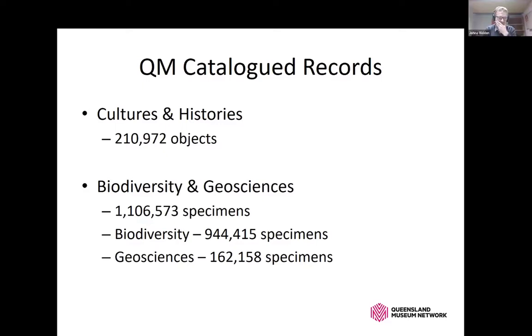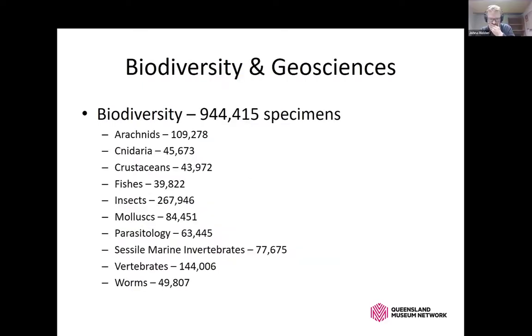So we're primarily interested in drilling down into those ones in this talk today, 900,000 biodiversity and 162,000 in geosciences. This is a breakdown of those particular specimens in biodiversity. So we have insects, which are by far and away the largest grouping,